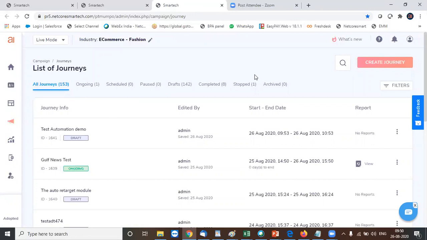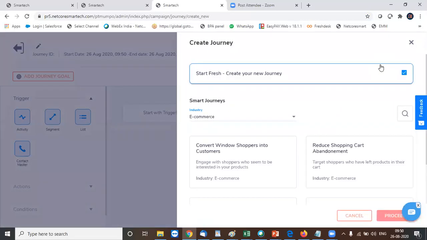So here, that's the dashboard which you have, and here you can see in a single picture you get multiple tabs to visualize your journeys into different brackets, like which are the ones which are currently running, which are scheduled to run, which have been paused, which are in draft stage yet, and which are already completed or maybe which are manually stopped. So I can get those details over here in single page, right? Our focus here would be to see the creation model. So when I click on this create journey option, how I can deploy the workflow solution.